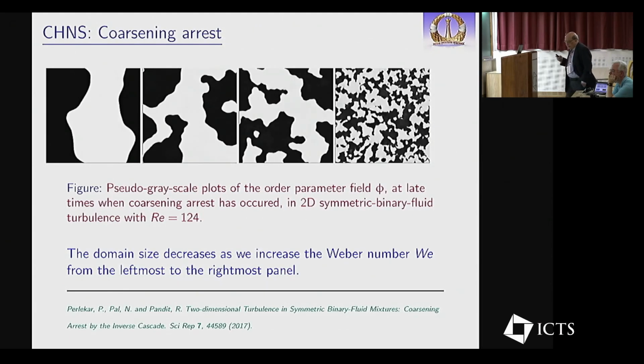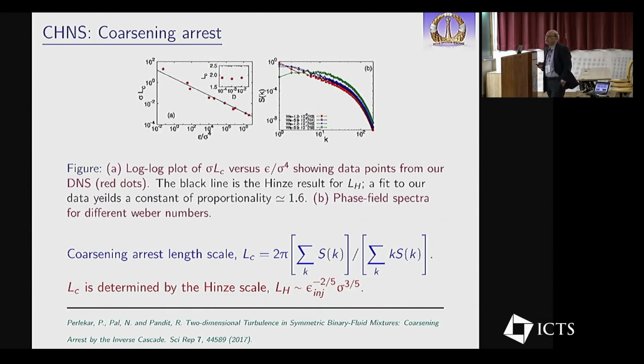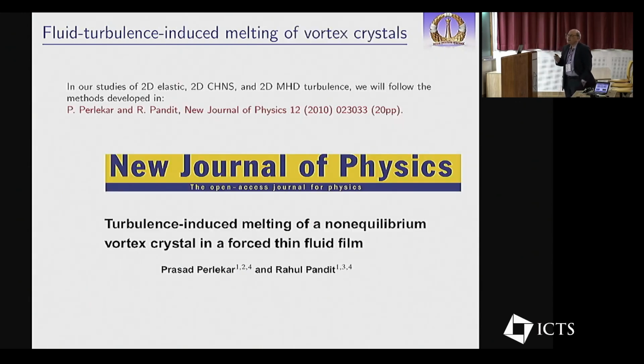The other thing that turbulence does is it suppresses the phase separation that occurs in its absence. If you're below TC in good old Cahn-Hilliard-Navier-Stokes, the system would phase separate into an A-rich phase and a B-rich phase. Now, when the turbulence churns it up, you suppress that phase separation, and you can characterize it by defining a length which you can get out of a density-density correlation function. So that's just the background.